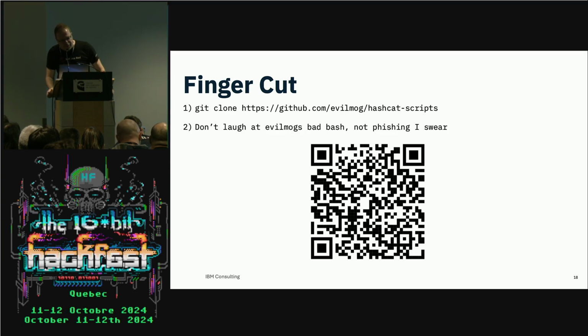Now, I made a new tool I call FingerCut. What FingerCut is, it's a combination of the cut B and fingerprint attack. It's in this giant pile of hashcat scripts that automates a lot of this. Because the problem is, using the traditional cut B technique, there's a lot of overlap on where you're cutting from. So I asked ChatGPT this morning how to do this more efficiently and turn it into a script. So credit ChatGPT. Or, sorry, it should be Watson because I'm IBM, but yeah, I digress.